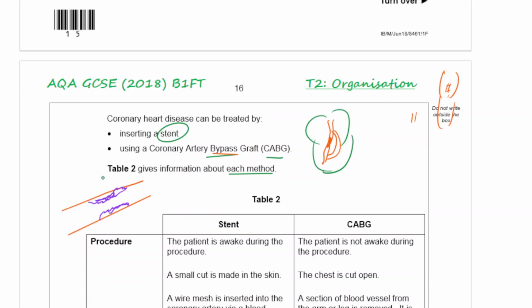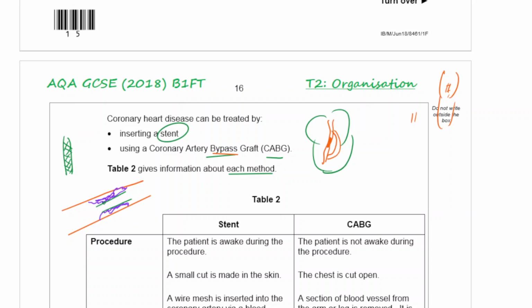A stent is basically a thin metal mesh made of titanium. The reason they make it out of titanium is so that it doesn't react easily. What they do is insert this tiny mesh-like thing right in the middle of it, and insert